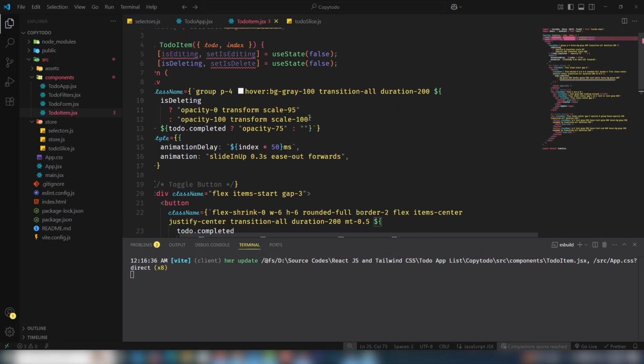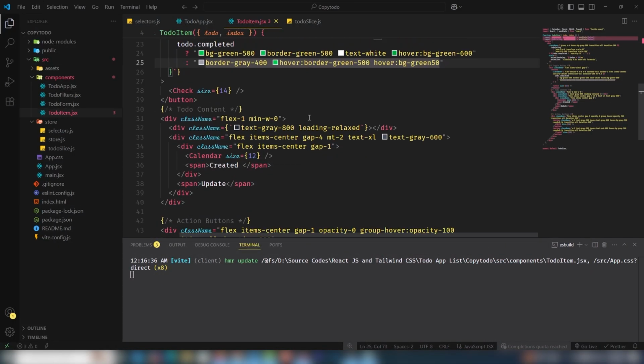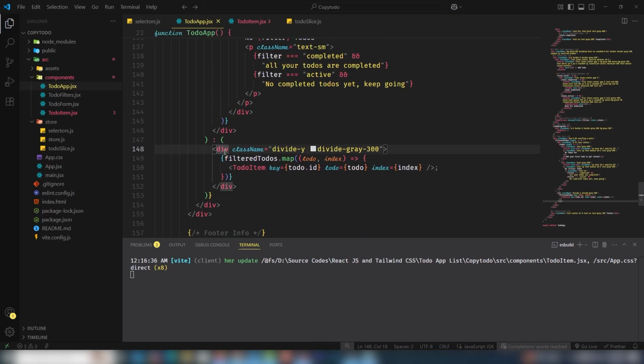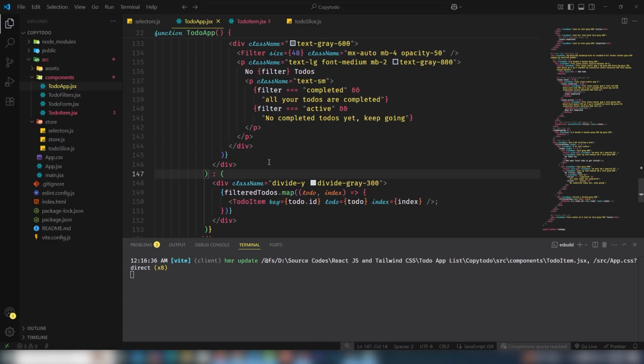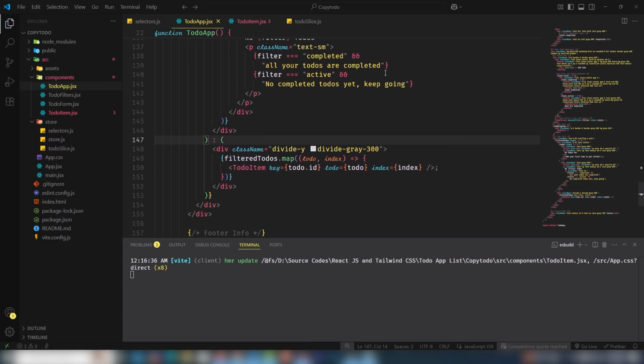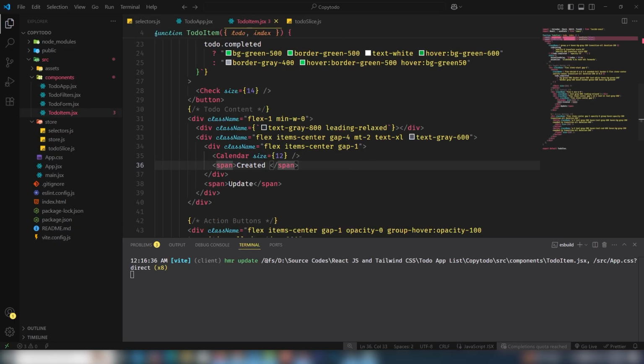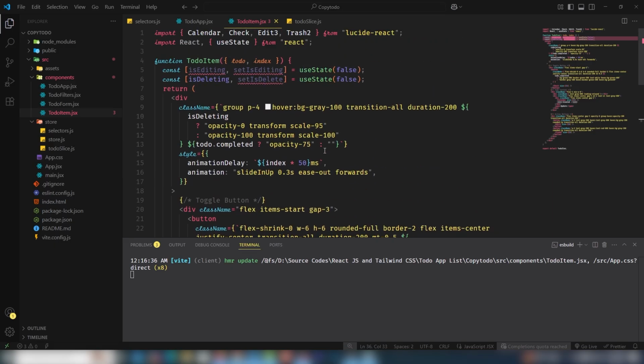Okay, but I can't see the data. Let's add the to-dos. I think I need to check the conditional, but before checking it I need to complete this one, guys. Okay, so yeah, everything is perfect, but the last thing is I need to create the function that will help us to display the date, right? So we're gonna create a function